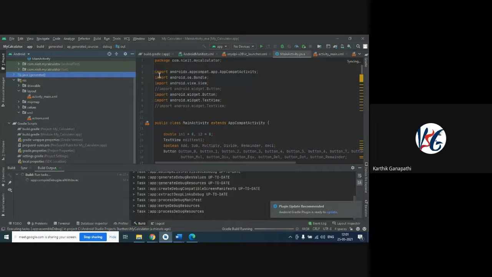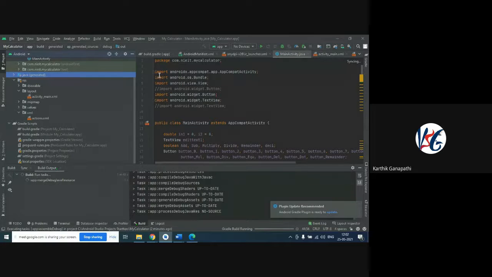I'm just demonstrating this on my laptop. I'm going to show you some other application, the WebView application, on my desktop itself. When we do that, you can see the difference in speed. It totally depends on the hardware configuration of your system.